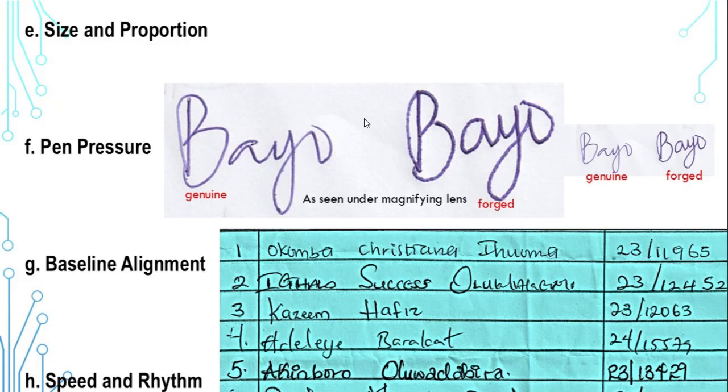But on the other one, because this one was copied, it's a copied writing. It's a copywriting, just like an artistic work. Both of them will resemble each other. In fact, you can see the resemblance. But the indicator for us to know that this is probably forged is that you see the sign